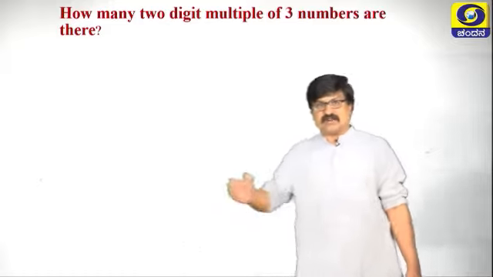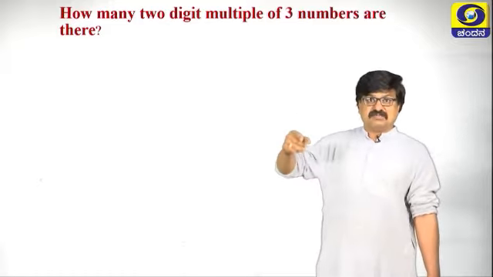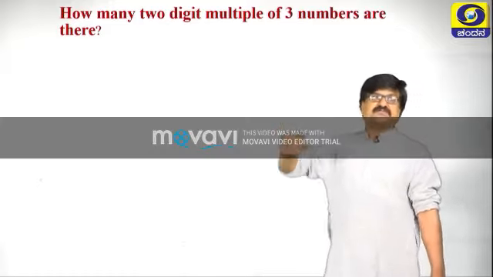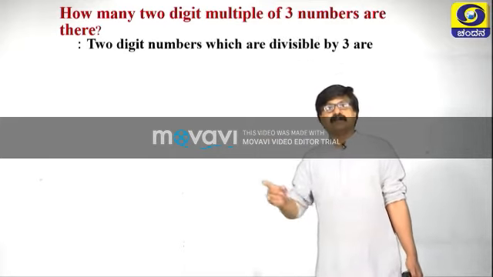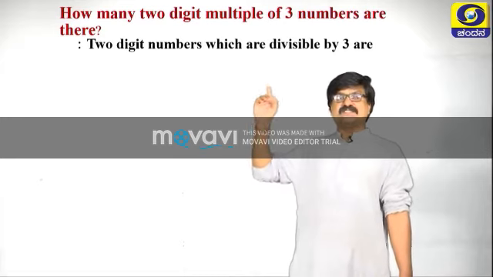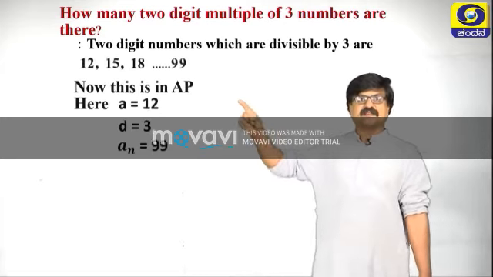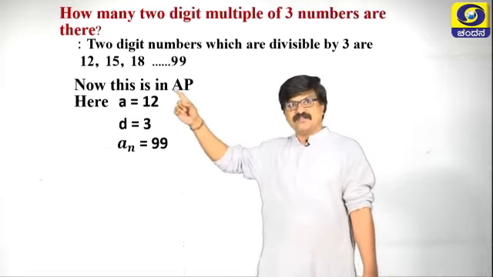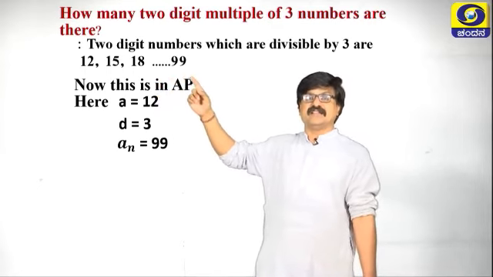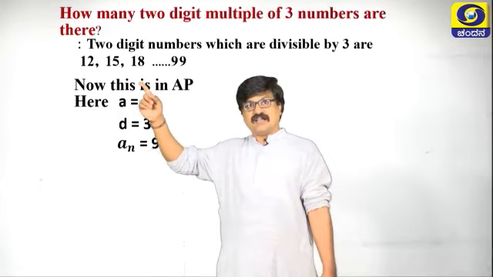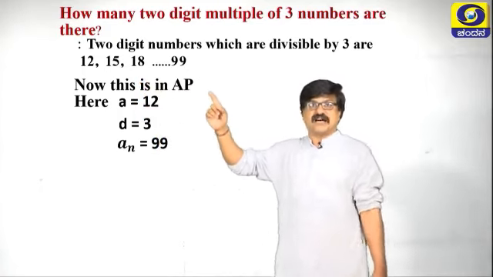Among these numbers, we have to test how many numbers are divisible by 3. The 2 digit numbers which are divisible by 3 are, see here, 12, 15, 18 and so on till 99. These are all numbers which are divisible